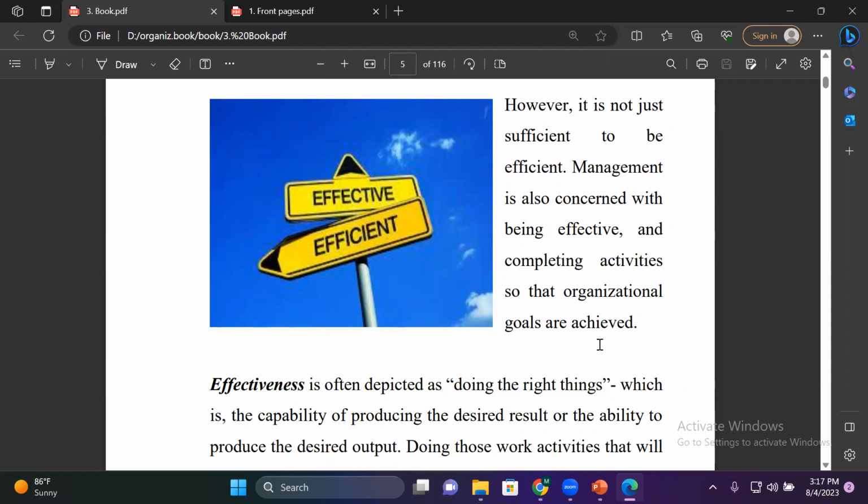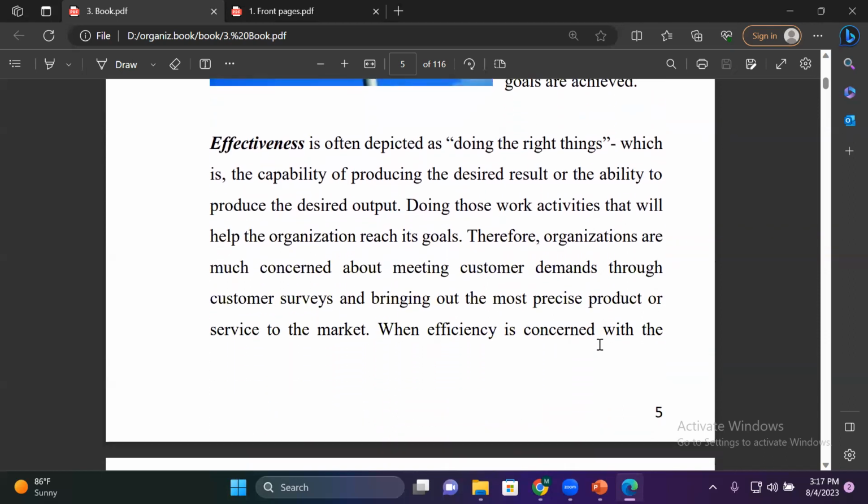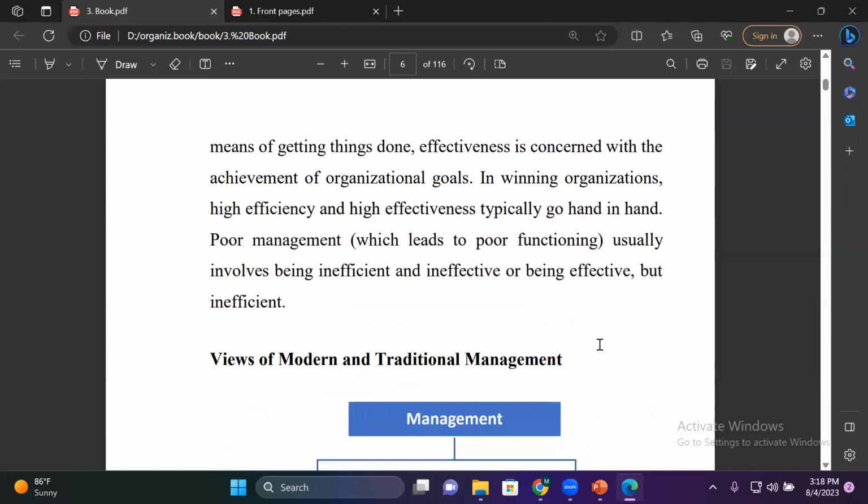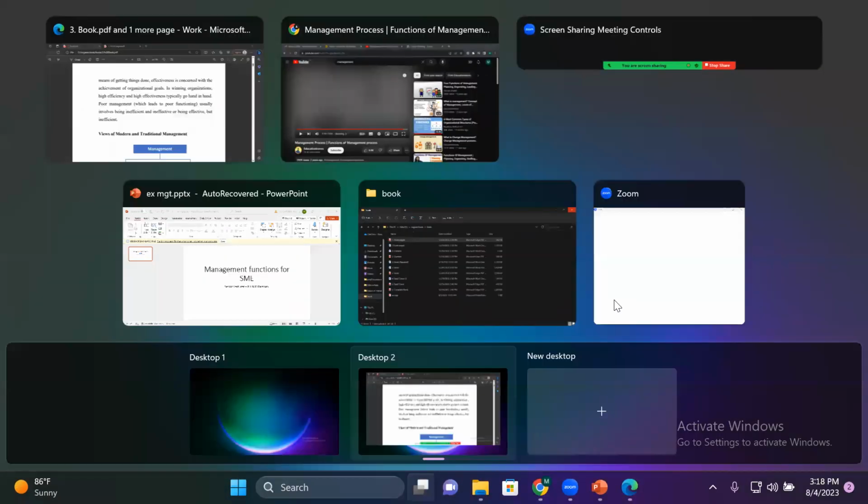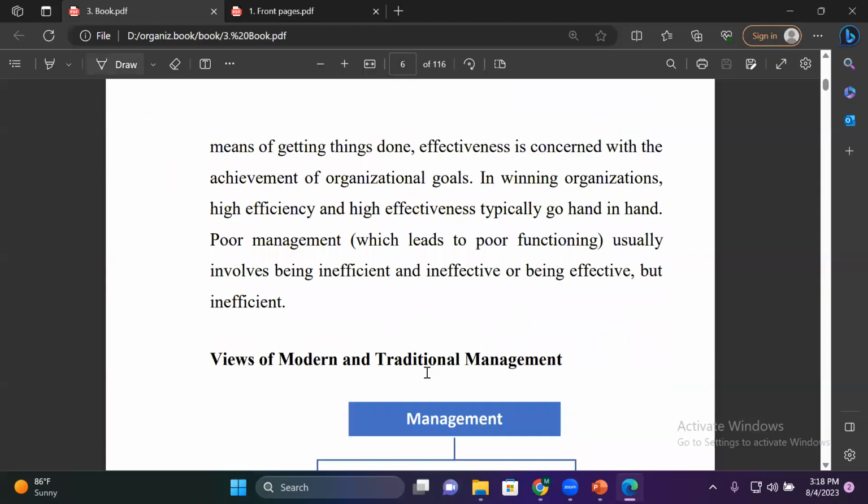So it's like that. If you have taken the right decision the very first time, you have taken an effective decision. So effectiveness is often depicted as doing the right things, which is the capability of producing the desired result or the ability to produce the desired output. So you can read. So let me bring you, sorry. So let me bring you,